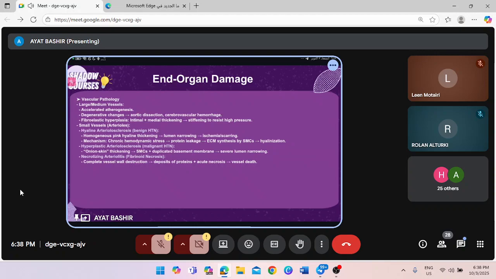Okay, so it happens due to chronic hemodynamic stress, protein leakage from the vessel, and there will be hyalinization. But the hyperplastic arteriosclerosis, which happens in malignant hypertension, looks like onion skin thickening. This will lead to severe lumen narrowing. And then necrotizing arteriolitis, which is fibrinoid necrosis. We'll see this in the vessel wall, and it's